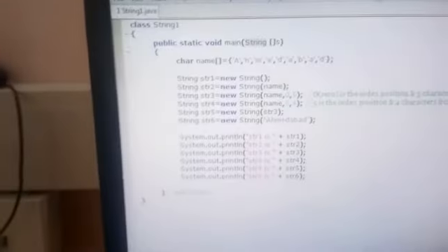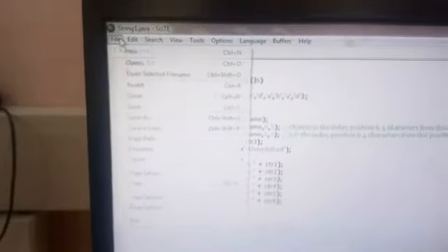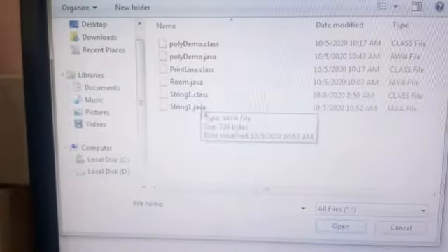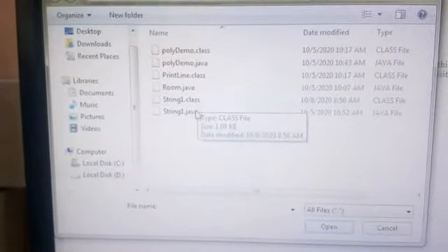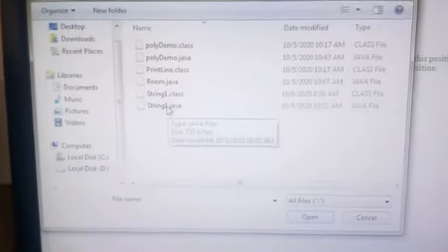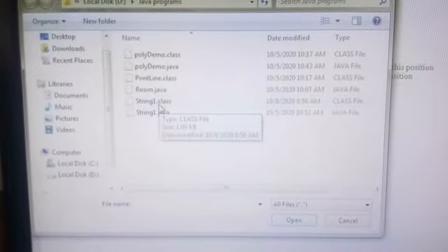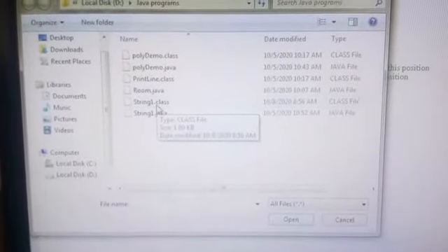Now we'll check whether this binary file is made or not. To check this, you can click on open, and you can select all files. Here you can see, earlier I had only created the source file, that was the Java file. As my program is compiled, I am getting its byte code file.